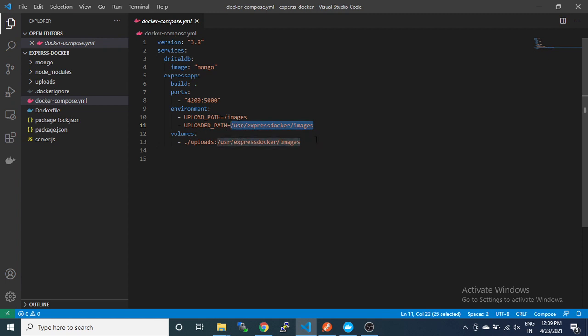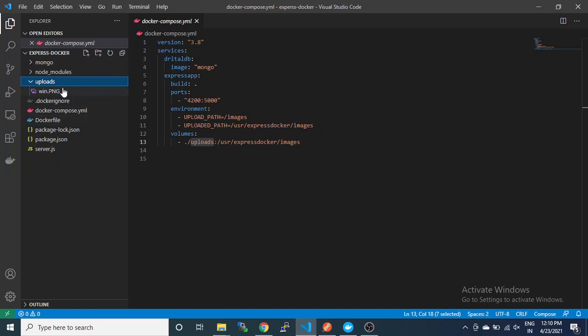Then we have to map the volumes, because this is inside the container, and this is outside the container, meaning we have an uploads folder here. This uploads refers to this one, and this refers to inside the express app container, and it will map this value to this. So whenever we upload a file to this place, it will automatically be mapped from here to here and will be reflected outside your container.